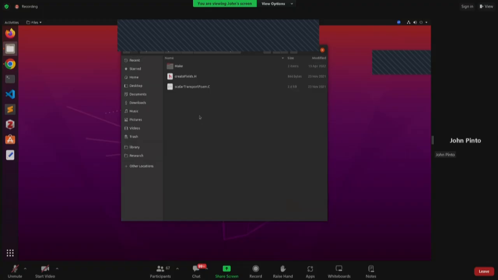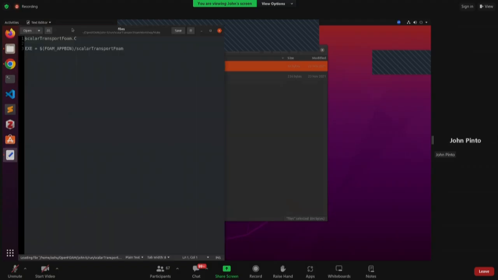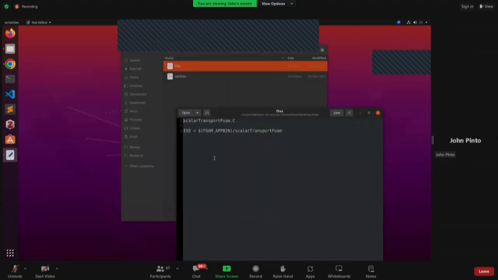Open this. In that, the Make folder will be there, right? In Make, files will be there. So here you need to change the name as well. If you don't change the name over here, it will compile some other file only. So it is new scalarTransportFoam, and then I have written workshop. Okay, .C, and C is capital over here, and your executable will be created and it will be stored in